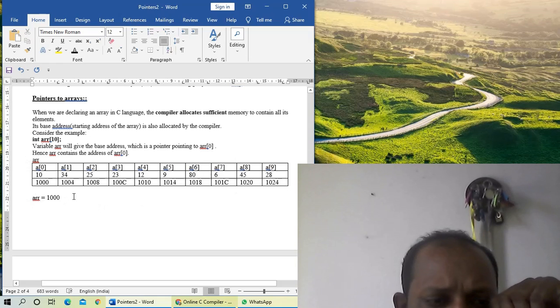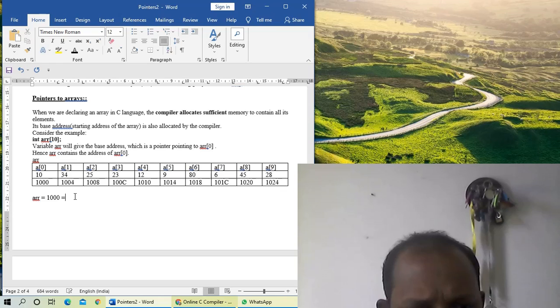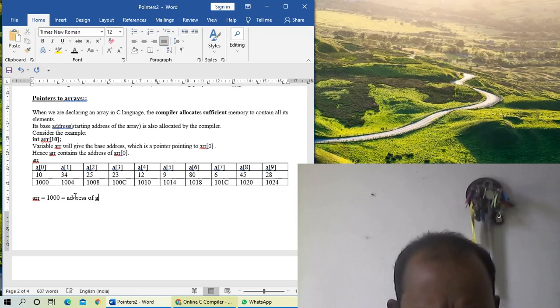Clear? So this base address is the address of the first element. Who is the first element? That is the address of arr[0].